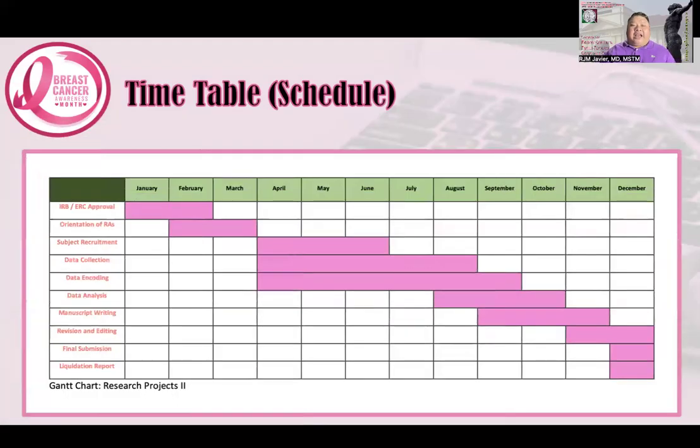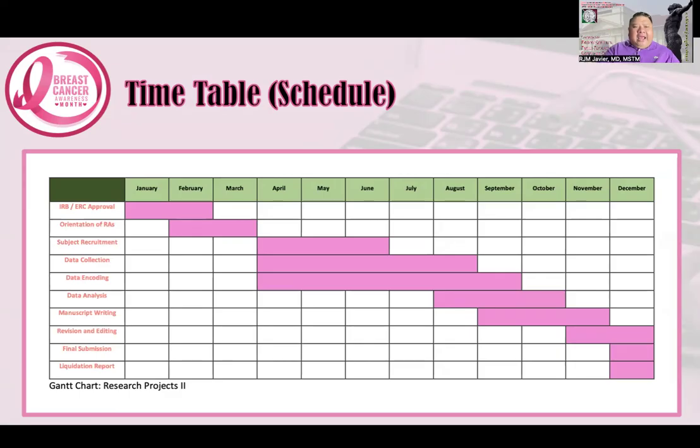This is the typical Gantt chart. Let's say, for example, after this semester, we will be identifying research papers which will be for implementation. So that would be sometime from January 2025 all the way to second semester of third year. So that's more or less one whole year of study implementation.